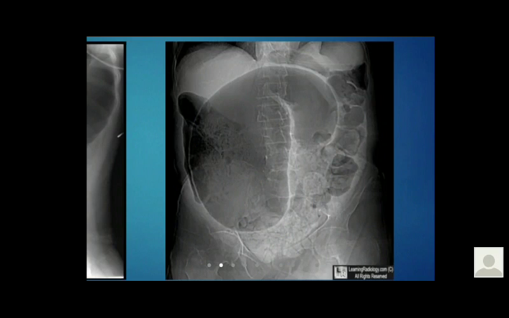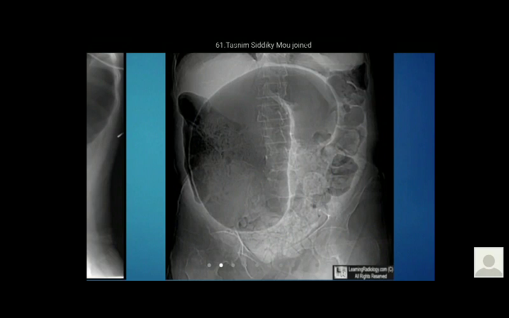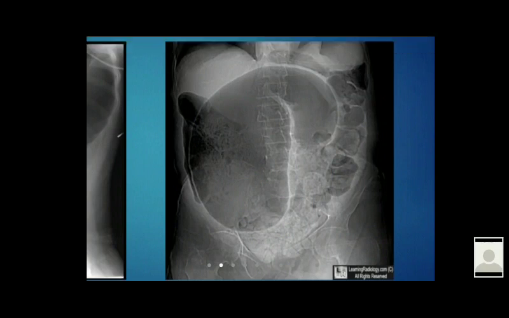Ileoileal, ileocolic, ileoileocolic, colocolic. Okay. So what is the usual incidence of intussusception? Commonly who gets it? Usually infants in the weaning period, and the most common cause is idiopathic. Usually there is a viral infection, an infected respiratory tract, there is hyperplasia of the Peyer's patches of lymphoid follicles, and that may lead to intussusception.